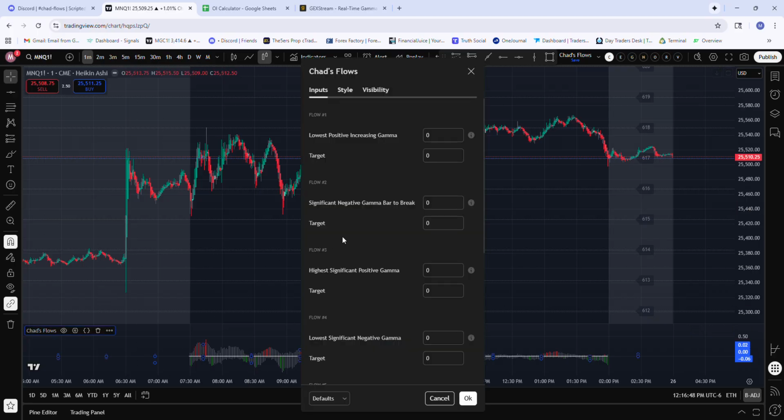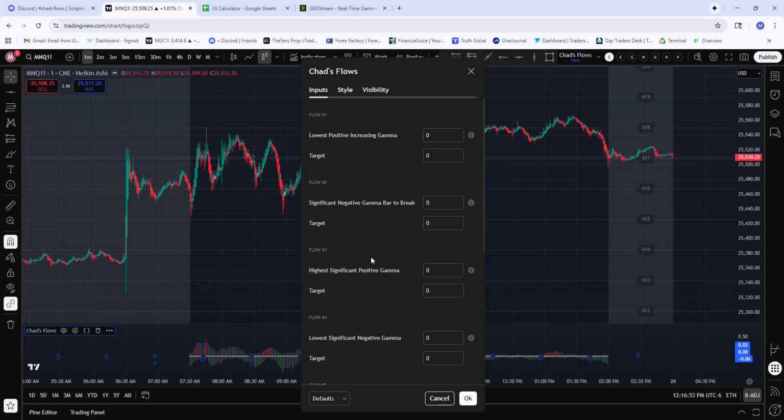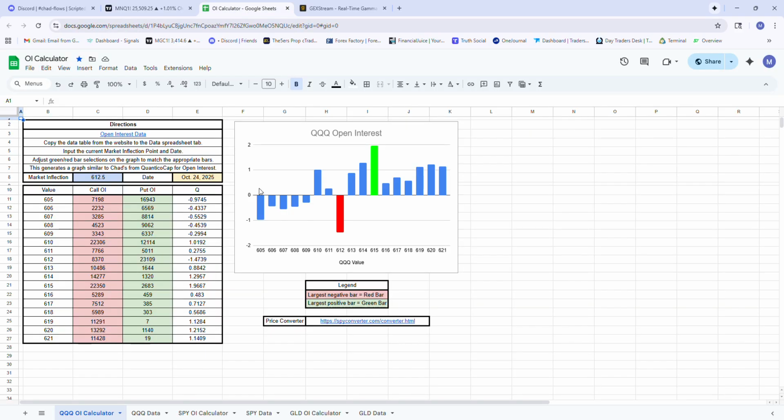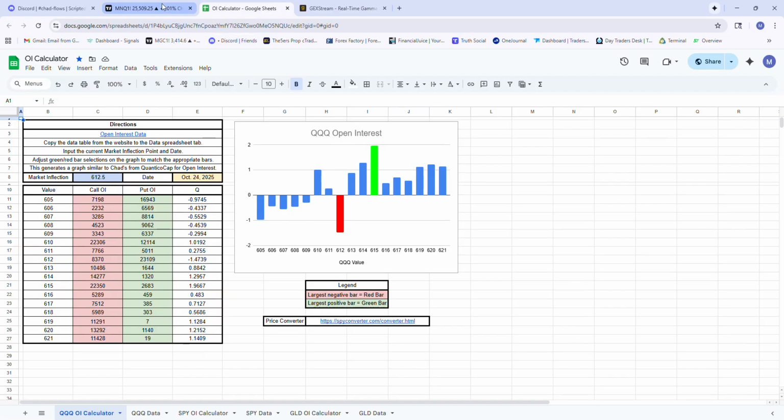Once you pop open the indicator, in the input section, I've got all 5 flows listed out. And what you're going to have to do at the beginning of the day is go and analyze a chart, whether you choose to use, say, the open interest, or the gamma exposure, or